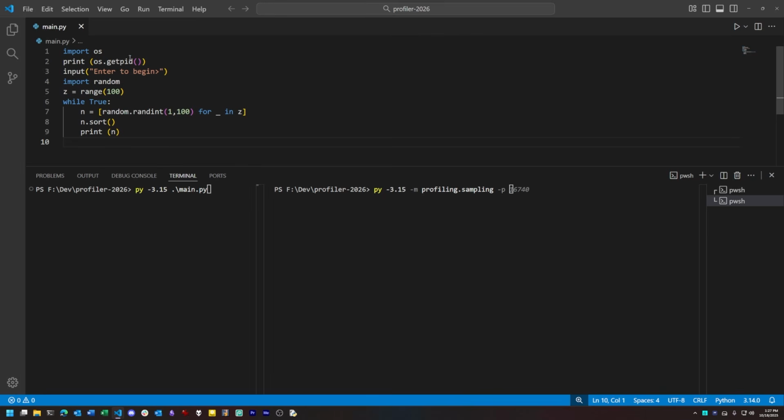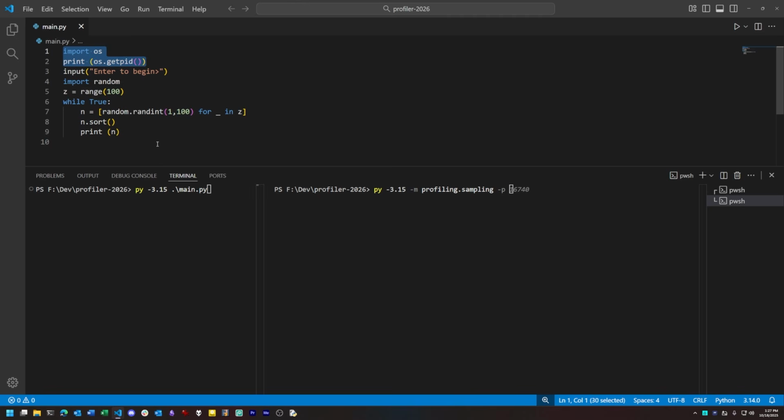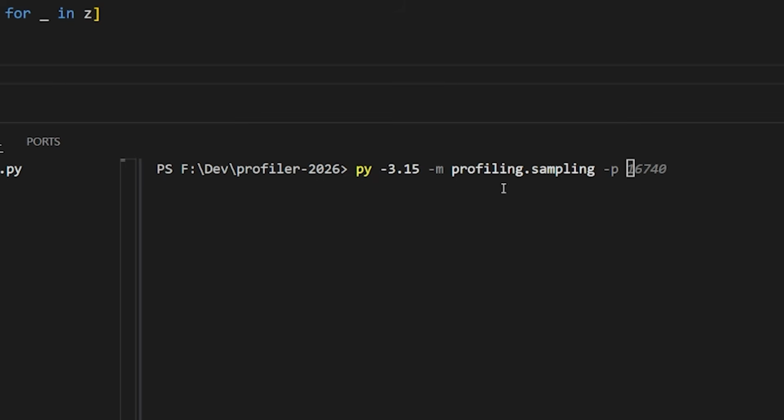This contrived example I have here does not do anything useful, but it'll be a good way to illustrate what we're going to do. It just generates some random numbers into a list, sorts the list, and prints the results, and it does this over and over again. It also gives us, at the start of the program, a process ID, which we will need to run the sampling profiler. To invoke the sampling profiler on this process, we use this command in another terminal,